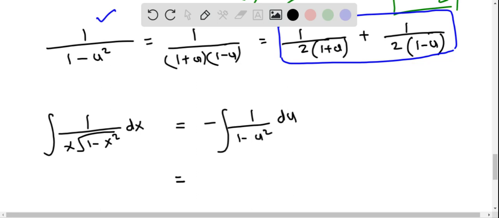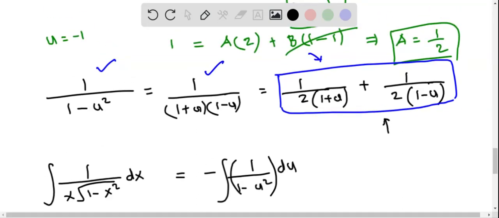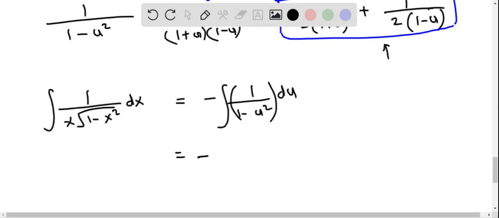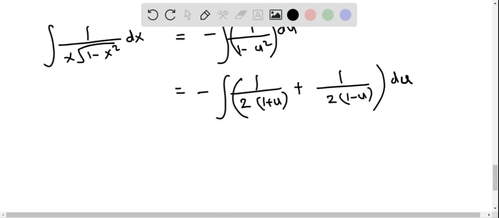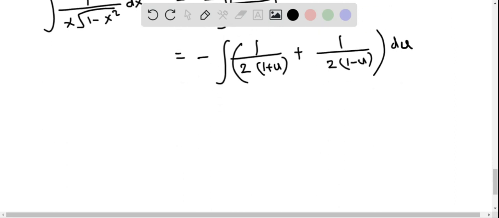Now let's replace this expression 1 over 1 minus u squared like this. So this becomes negative of 1 over 2 times 1 plus u plus 1 over 2 times 1 minus u, and then du. Now we can easily integrate this. We can integrate this separately as well as this separately. I just keep this negative as it is, and when we integrate this, 1 over 1 plus u is